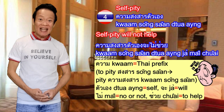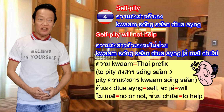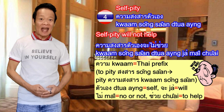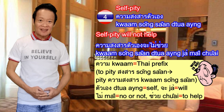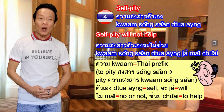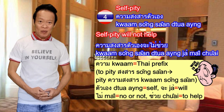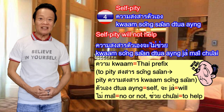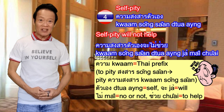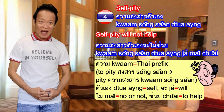ความ is used here as a Thai prefix to change the verb to pity สงสาร into a noun, pity ความสงสาร. And ตัวเอง refers to self, so ความสงสารตัวเอง refers to self pity. And จะไม่ช่วย means will not help, where จะ means will, ไม่ means no or not, and ช่วย means to help. So ความสงสารตัวเองจะไม่ช่วย